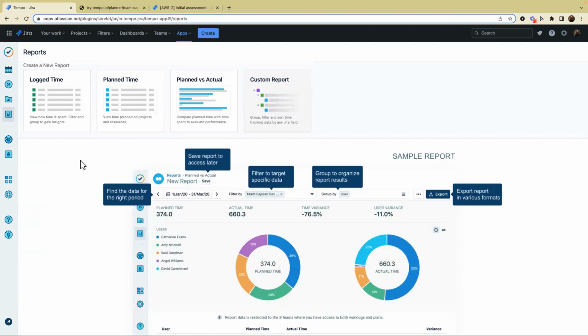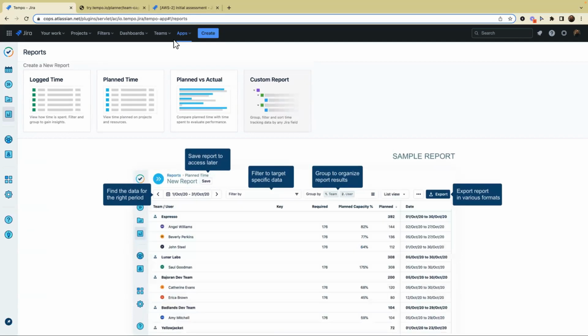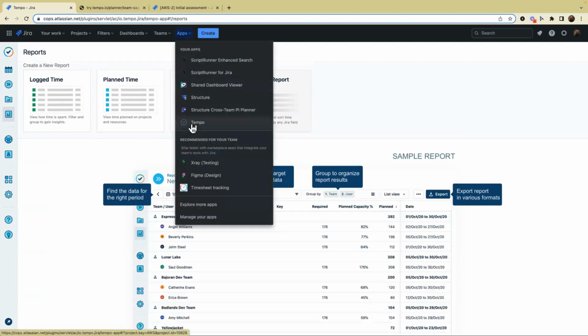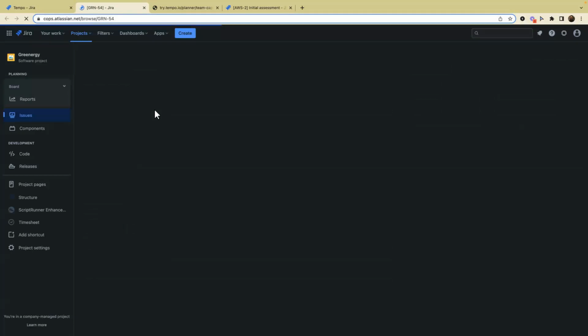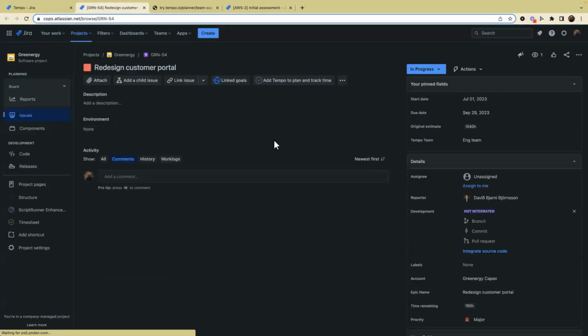It's really a fun one. We have started exploring dark mode. For now, the dark theme is available in your Jira issue view. So let me quickly show that. If you go to a particular Jira issue,